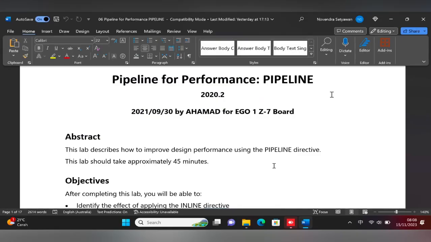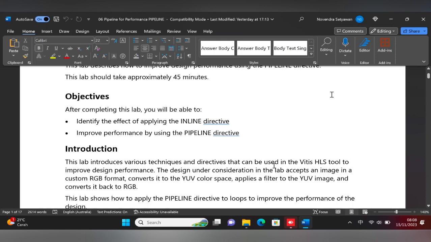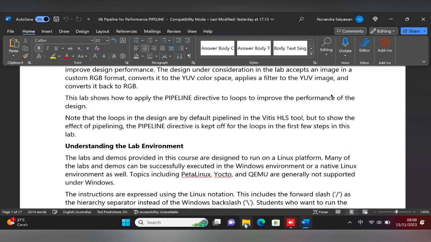Hello everyone. In this video, I will demonstrate how to do Lab 6, where Lab 6 is pipeline for performance. So I will demonstrate how to use the pipeline to increase the performance of your FPGA design. In Lab 6, we have